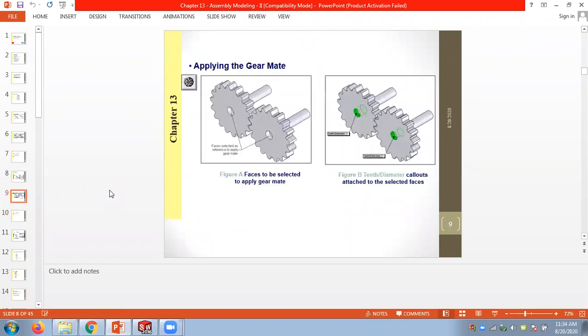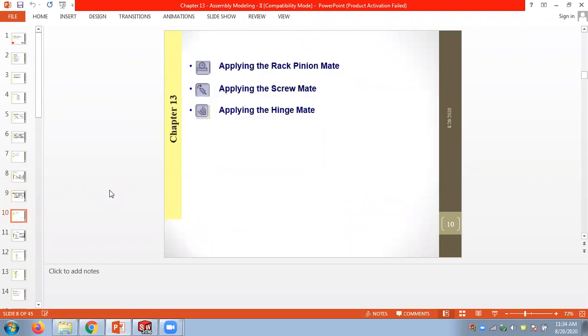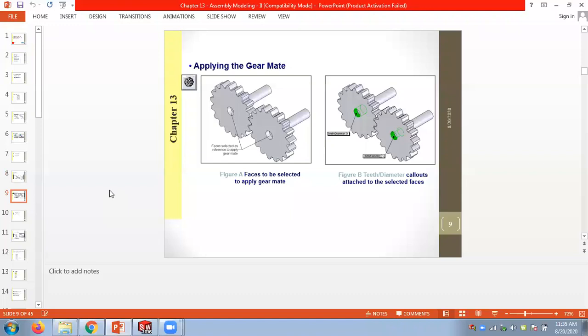We have some advanced things coming up: gear mates, screws, hinge, rack and pinion. So to start,